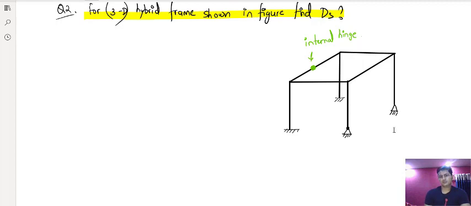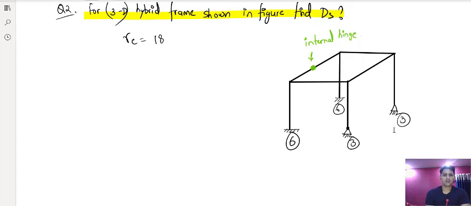So in 3D this is a fixed support, so the number of reactions will be 6. Now I have told you that for a 2D fixed support you have 3 reactions, and for a 3D fixed support you have 6 reactions. So it is fixed, so 6 reactions here, 6 reactions here, and for a 3D hinge support you have 3 reactions, and this is also a hinge, so it will also have 3 reactions. So the value of Re, external reactions, is 6 plus 6 plus 6, which comes out to be 18.